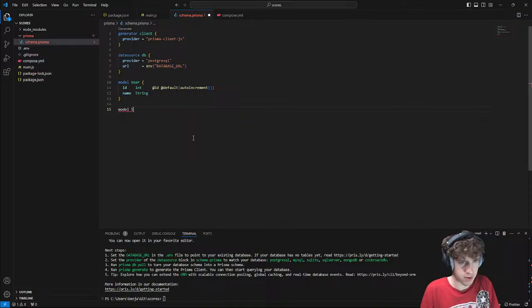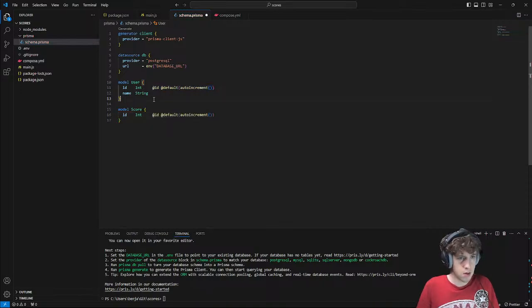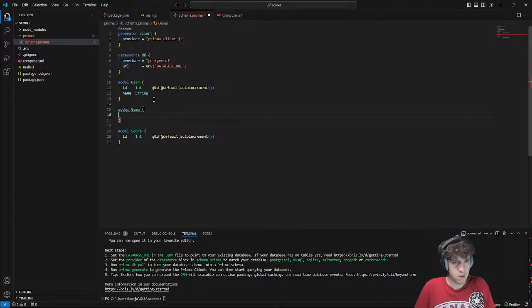So model User, model Score. This will also have an ID. Then model Game. Don't I have a separate table for games? I guess I kind of have to. How would I initialize it?